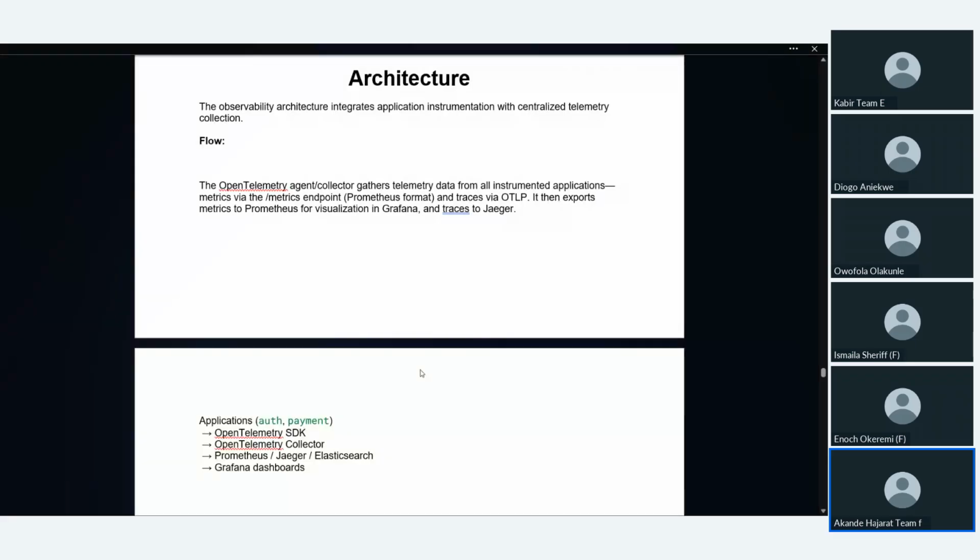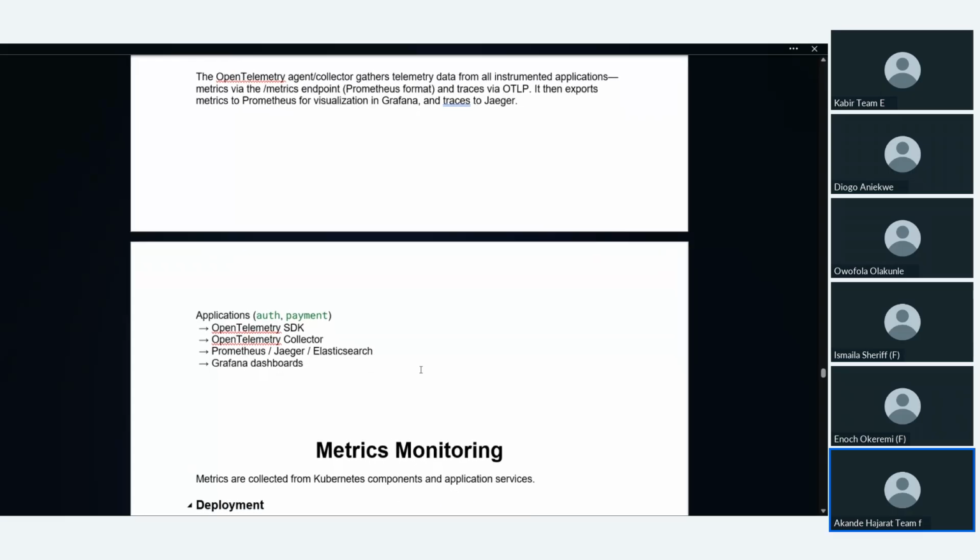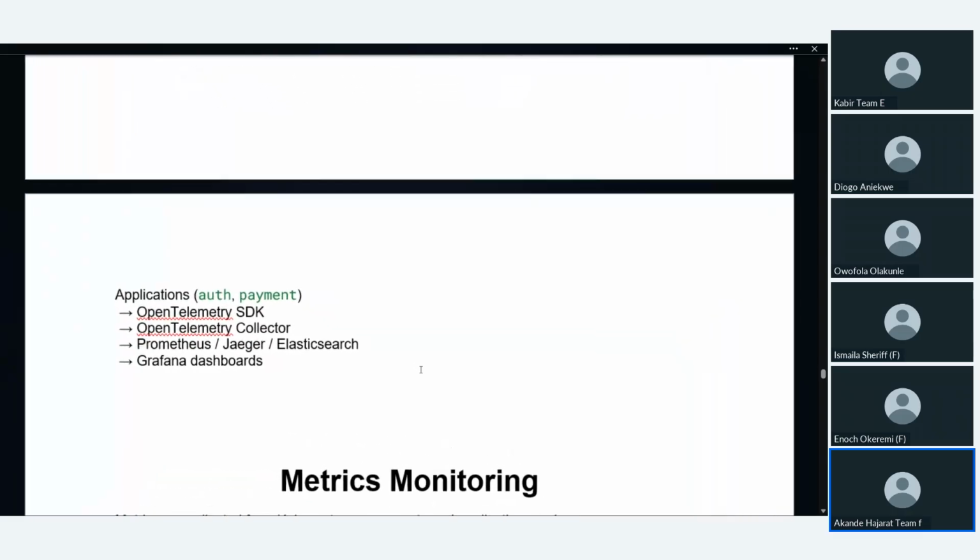So we used Helm to install all our key components, and we put them inside a particular namespace, the observability namespace. From there, we had the Grafana dashboard that was used to monitor the CPU, memory usage, and also uptime. You can go down to the lower part.